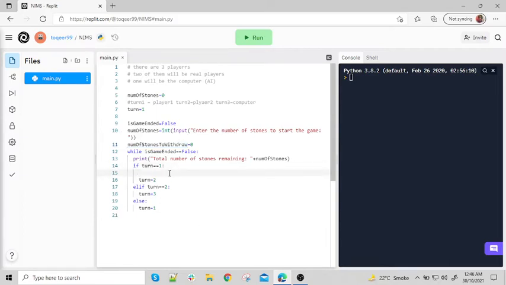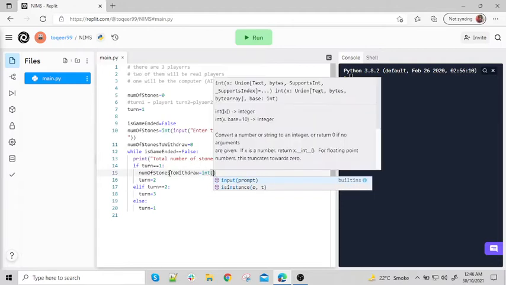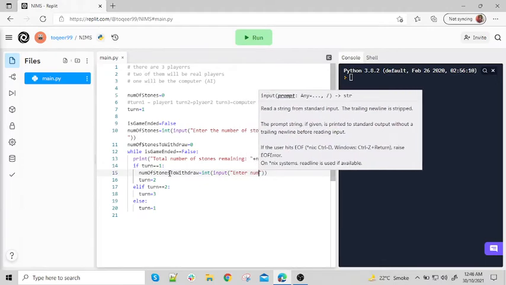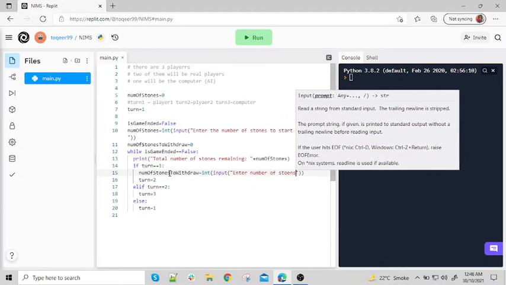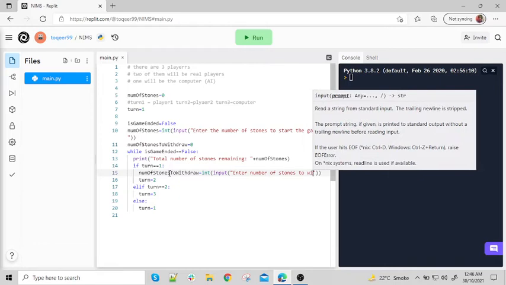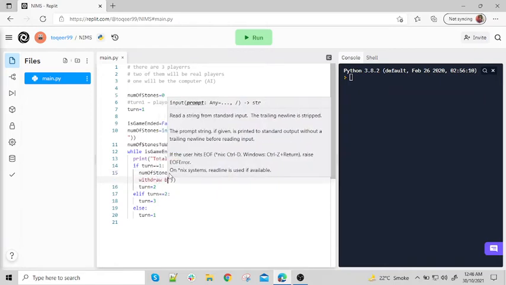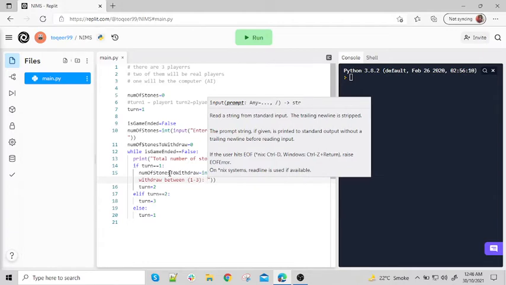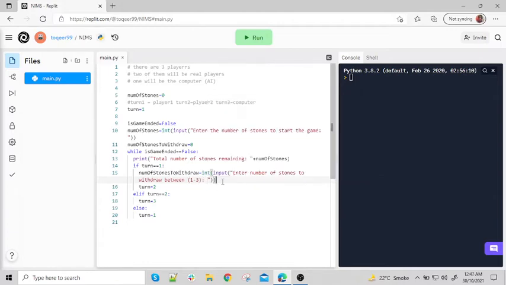So what I will do here, num of stones to withdraw is equal to int, converting to integer, input, enter number of stones to withdraw between 1 to 3. So every player can choose the number of stones between 1 to 3.